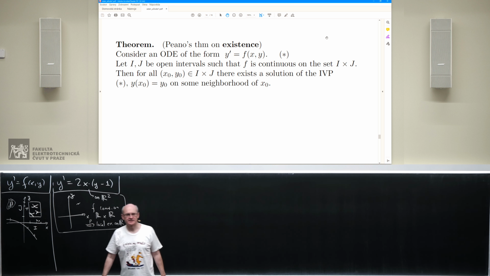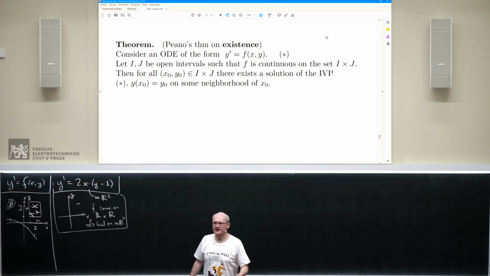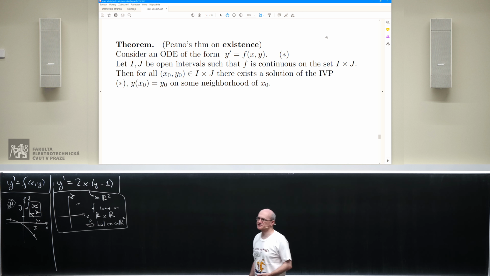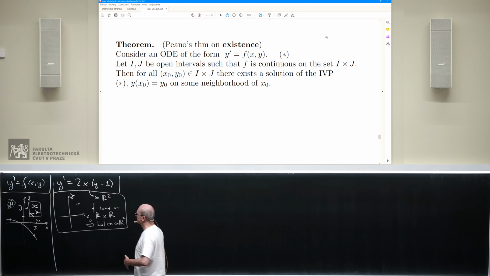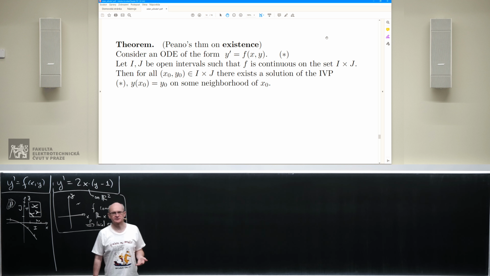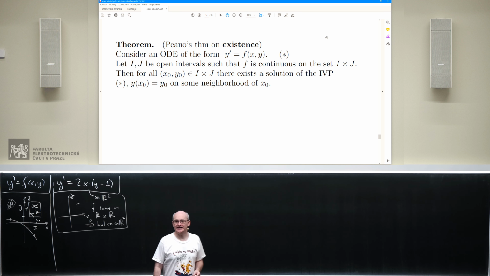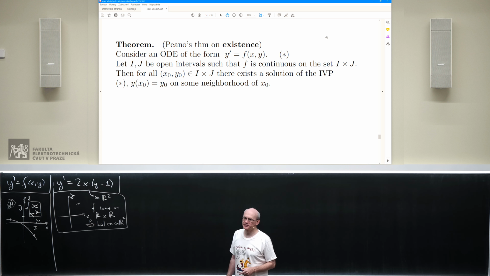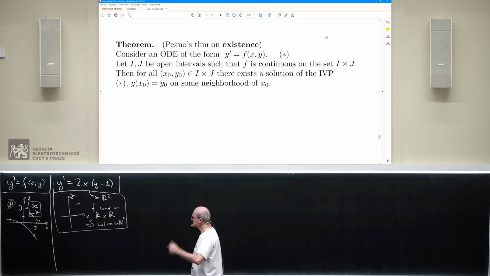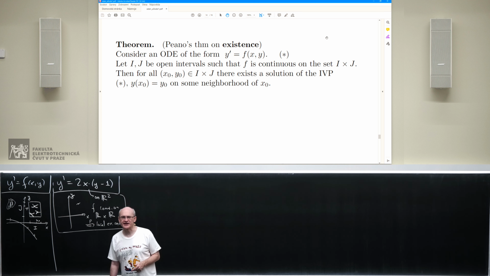Okay. But as I said, we are not quite happy because this uniqueness problem is really bothering us a lot. So can we somehow add perhaps some assumptions, be a little bit more strict, and as a reward obtain uniqueness? That would be very nice, and there is such a thing, but before we get there,